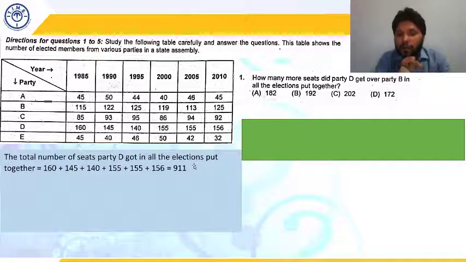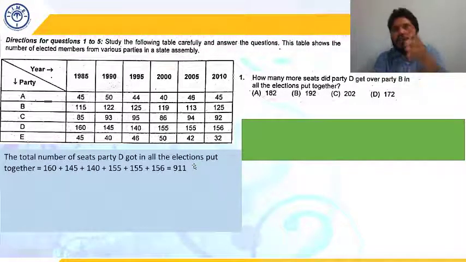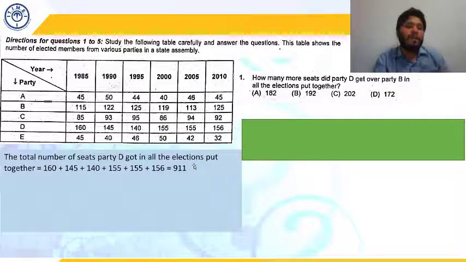So the sum would have been 900 if all of them were 150. But some of them are more than 150, some of them are less than 150. Can we compensate for that? Let's try. So how much is the more part as compared to the less part? In two of the years it is less than 150: in one year it is 140 and in another year it is 145. So total less is going to be 10 plus 15, which is 25.